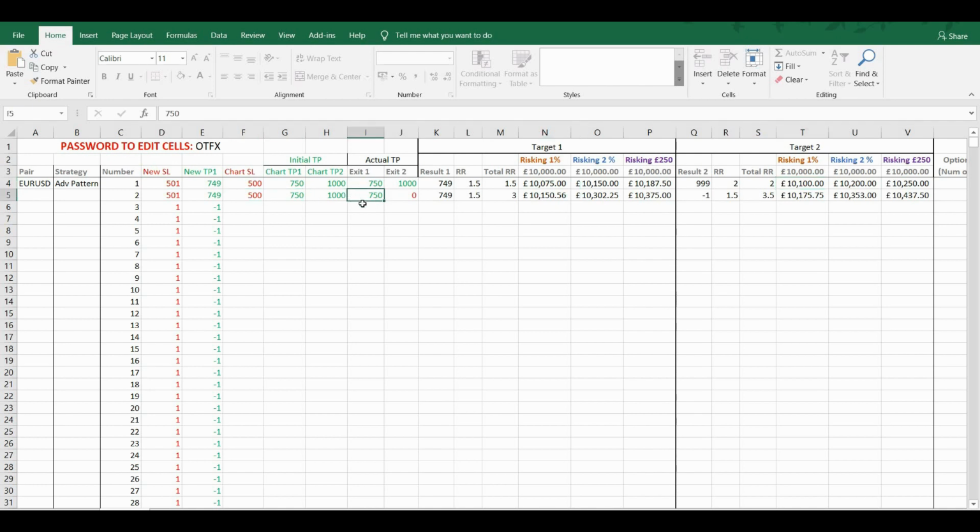We've caught a 75 pip move, so 1.5 times 0.5% again, 0.75%. 0.75% of 10,100 this time, so every time it will compound and it will go 1% of what your account value is. So 0.75% of 10,100 is now 75. Hope that makes sense. So if we go on to the next one, if we do